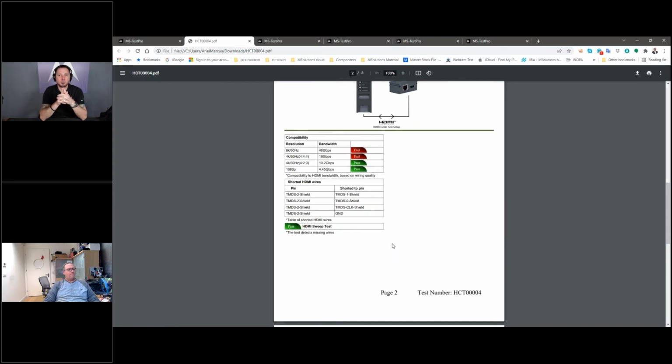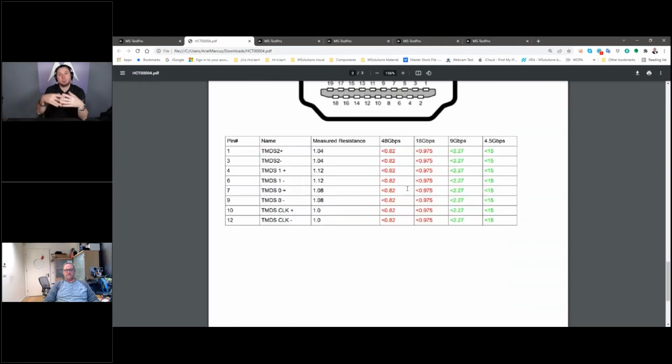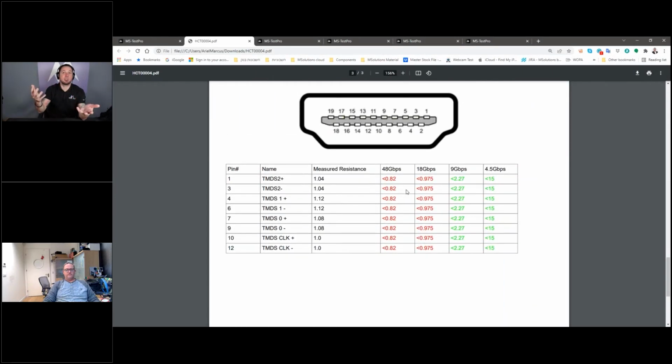Yeah. If you scroll back down to the individual pins, where we have red, so 0.82 it looks like, and then on 18 gigs 0.975 it looks like. Of course it will be red if it's a fail, but I'm just curious too, what number should we be sort of aiming for? Is it less than 1.0 or what would you say? Yes. If you want the cable to pass a 48 gig through this particular cable, and it's not an active cable, very important to